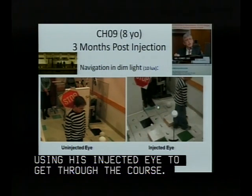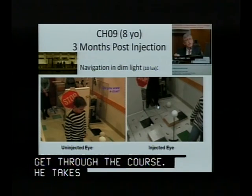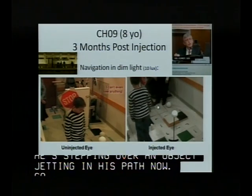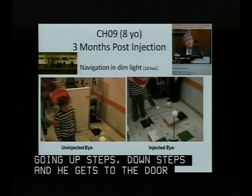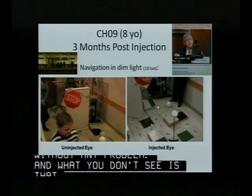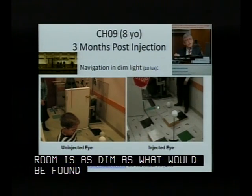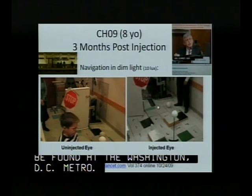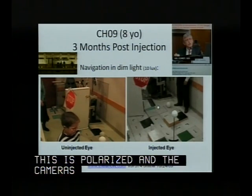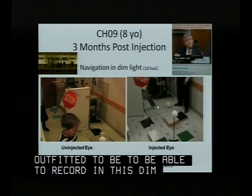He takes every turn. He's stepping over an object jutting in his path now, going up steps, down steps, and he gets to the door without any problem. And what you don't see is that the lighting in this room is as dim as what would be found at the Washington, D.C. Metro. It's very dim. It's 10 lux. This is colorized, and the cameras are specially outfitted to be able to record in this dim illumination. So this has really maintained